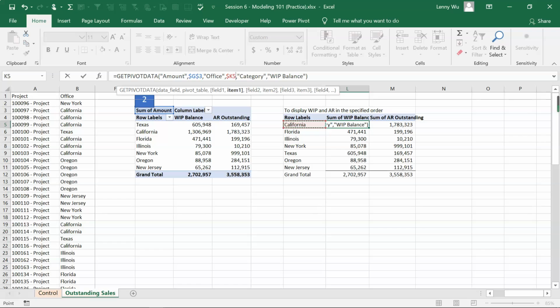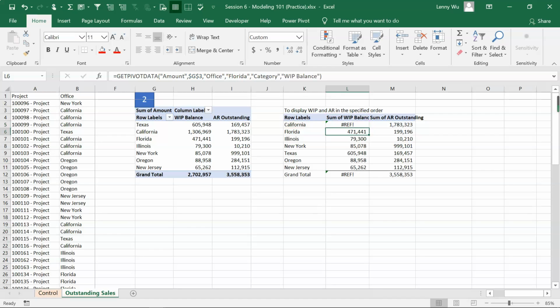And then category WIP balance. Let's use the column header instead of the WIP balance. Let's click L4 and press F4 to lock the rows, because when you drag it down, it will still refer to the same row, but when you drag to the right, it will refer to the new column. Press enter. Now we get a